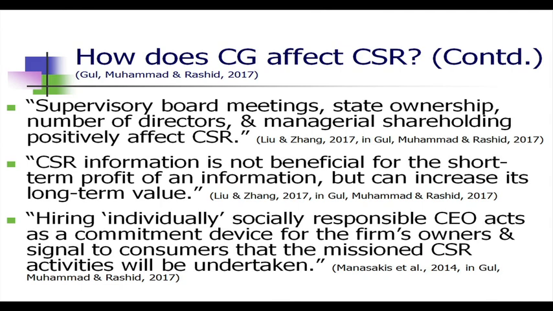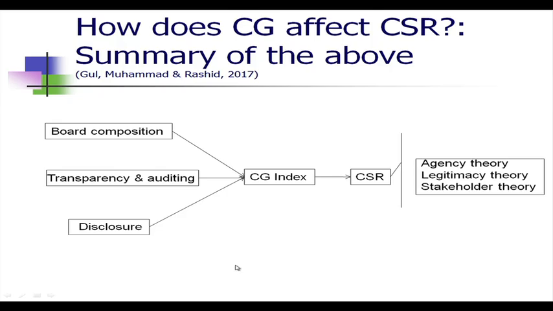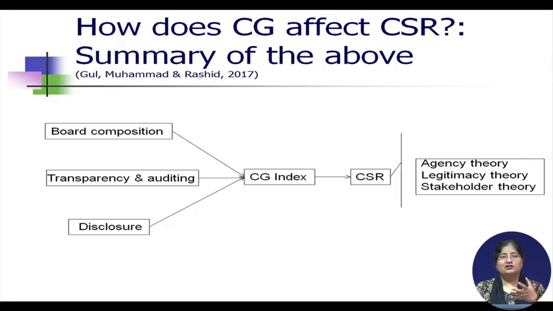So based on all the above, Gul Mohammed and Rashid then summarized their findings in the form of a model that they published in their paper. This is the model, and it was a summary of the above findings. They took the literature review and summarized the findings, and then they said that overall